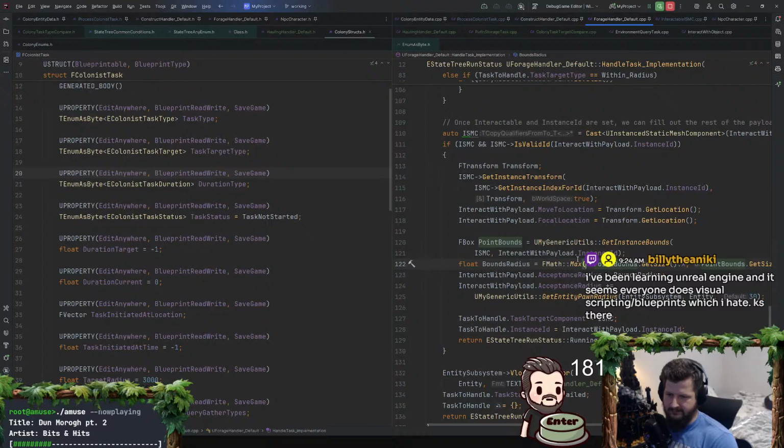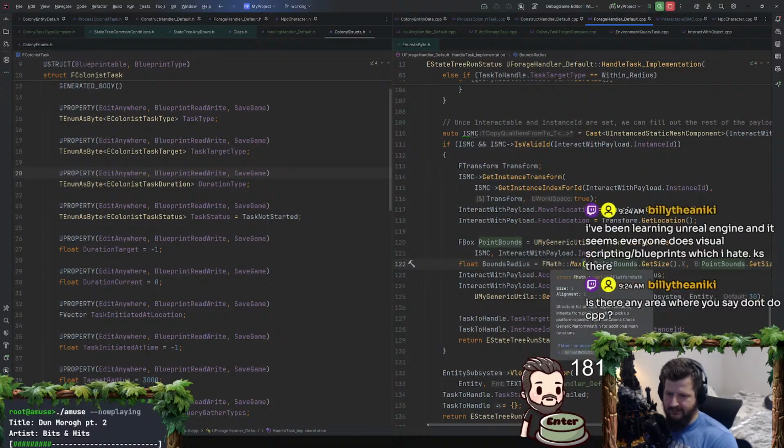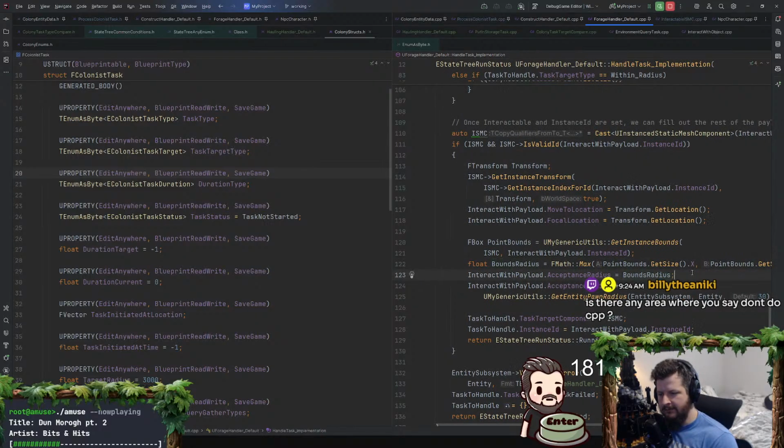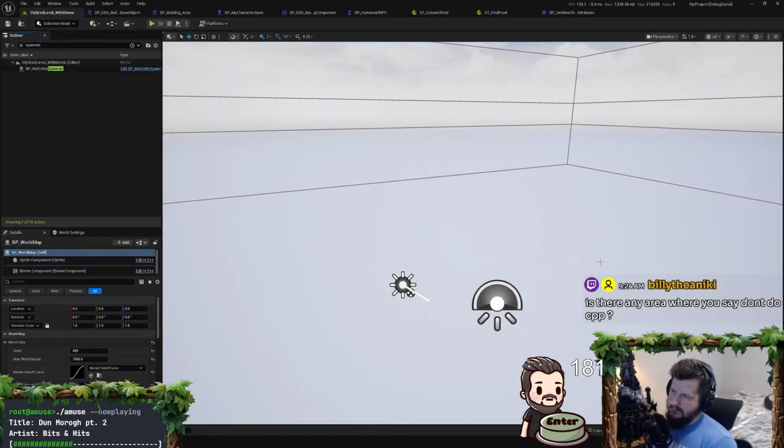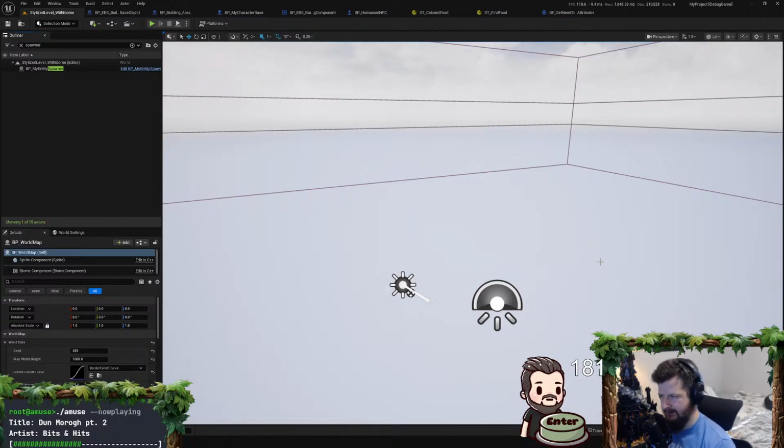Billy, welcome in. I'm learning Unreal Engine, and it seems everyone does visual scripting blueprints, which I hate. I hate them as well. Is there any area where you say don't do C++? I mean, I don't think there's any absolutes that I have, but generally all UI I do in blueprints. That just makes sense, you know. The thing people say is do all your base or core functionality in C++ and then have blueprints for the subclasses,